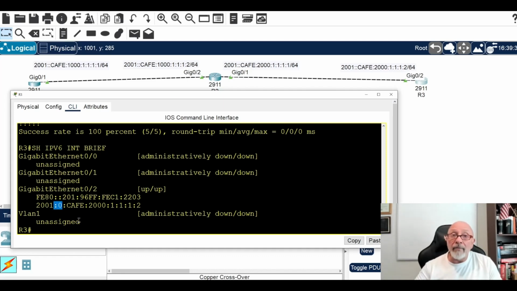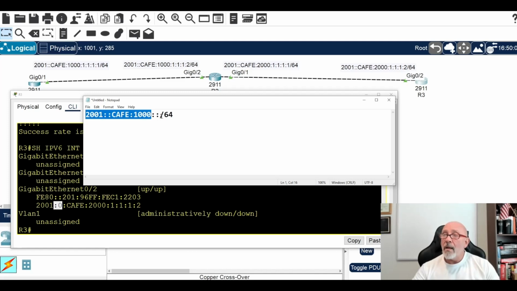I don't have to put it in when you're configuring. The IOS, the protocol itself, will take care of that for you. It knows there's only one single colon, so it's going to put it there for you. Not that you have to do it. Now, obviously, if we see something like this on a test, they're not going to give you just the network, because this represents a network. We don't know what the interface ID is.